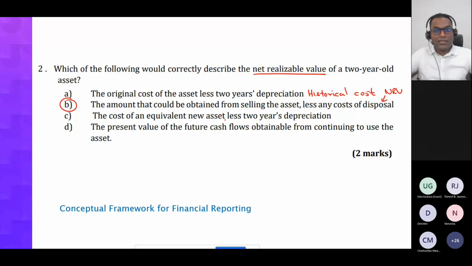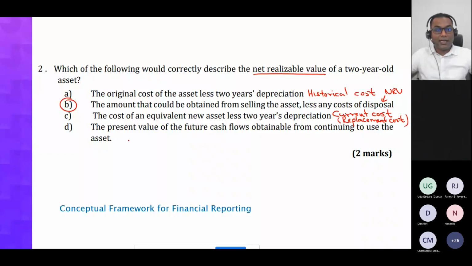Cost of an equivalent new asset less 2 years depreciation. What is this? Replacement cost. Okay, so this is the current cost or the replacement cost. I would say current cost. If I need to buy an equivalent asset today, how much do I need to spend, minus the depreciation. If I need to buy a 2 years old asset, how much would be the cost that I need to incur? Current cost, or else this also can be said to be replacement cost,